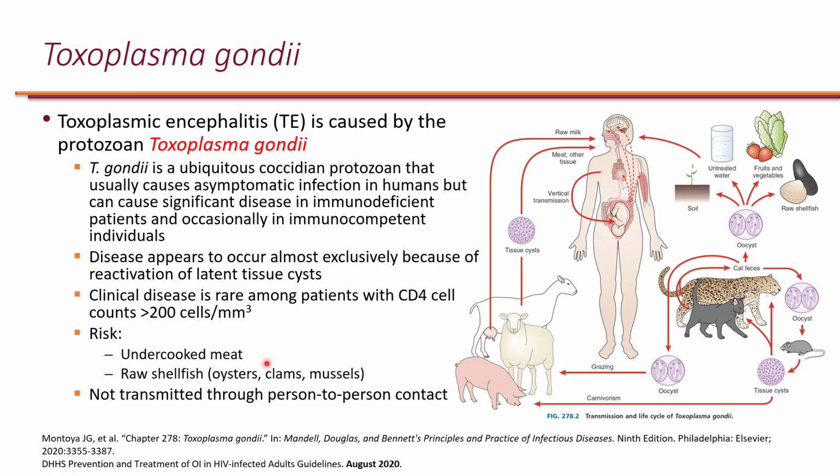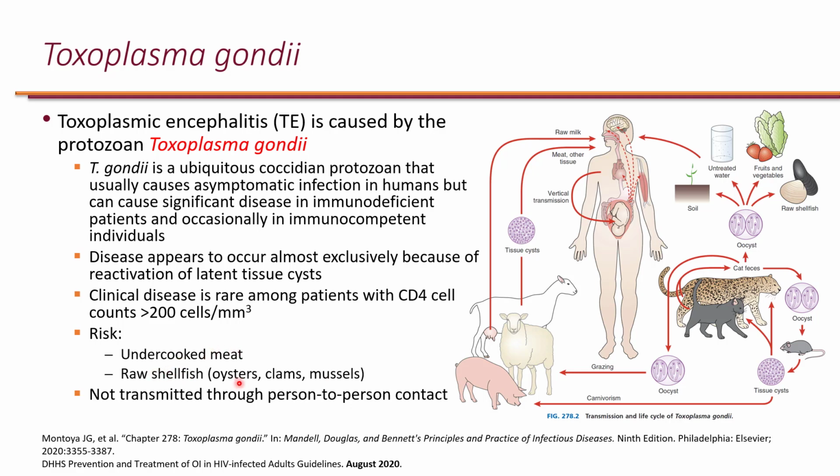Let's change gears to Toxoplasma gondii. Toxoplasmic encephalitis, or TE, is caused by Toxoplasma gondii. It is a protozoan parasite. You can see that in the life cycle of this parasite, cats are involved as well as livestock. The risk factors for getting this would be undercooked meat as well as raw shellfish,